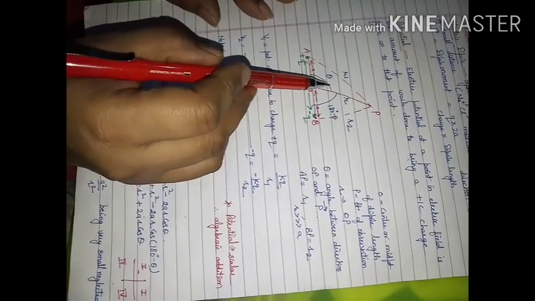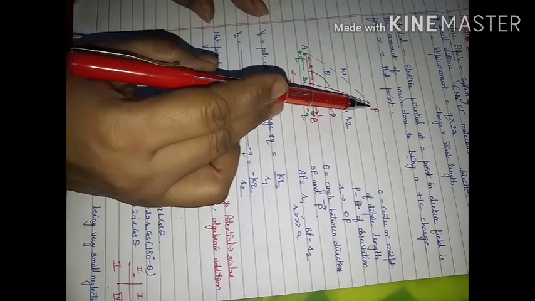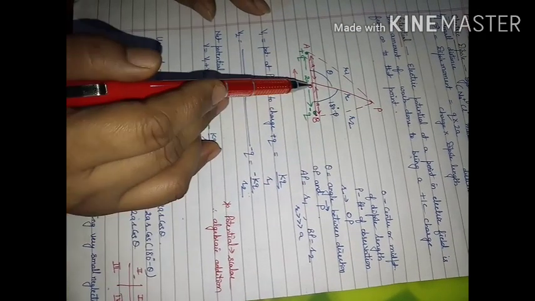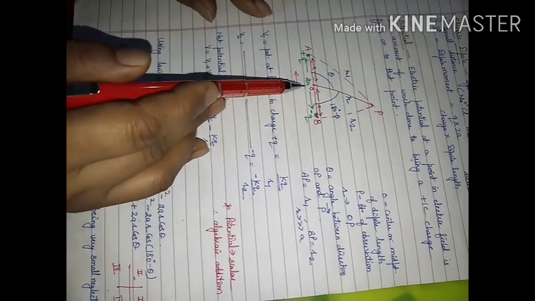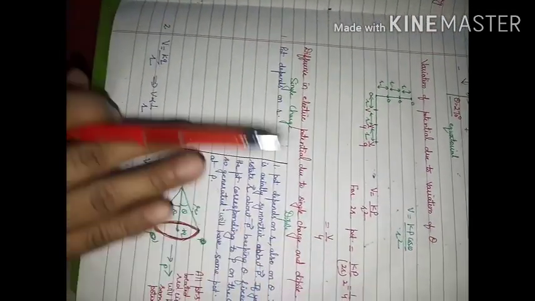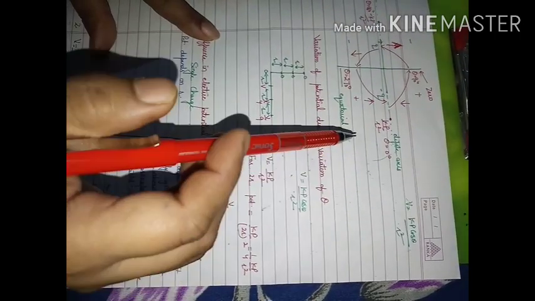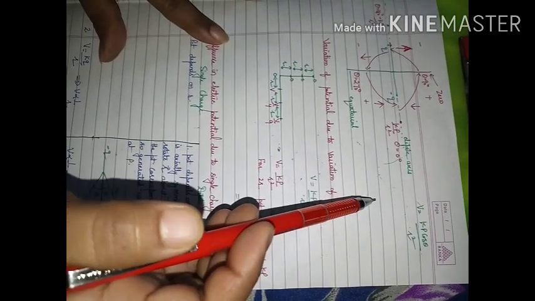So you can see these cases in this diagram as well. Theta equal to 0 means this point will be on this side. Theta equal to 180 means this point will be on this side. And theta equal to 90 means here on the equatorial line you are going to have the point. Now let us consider the same result in some more detail.